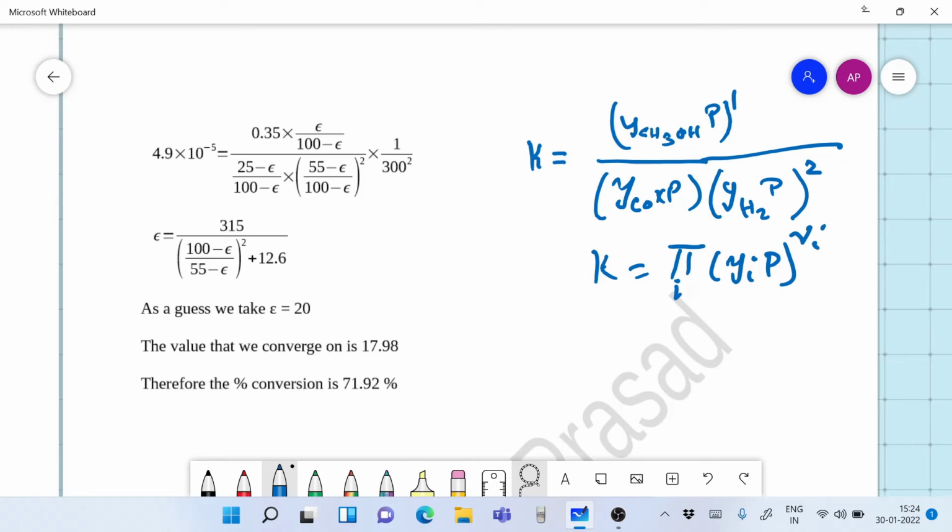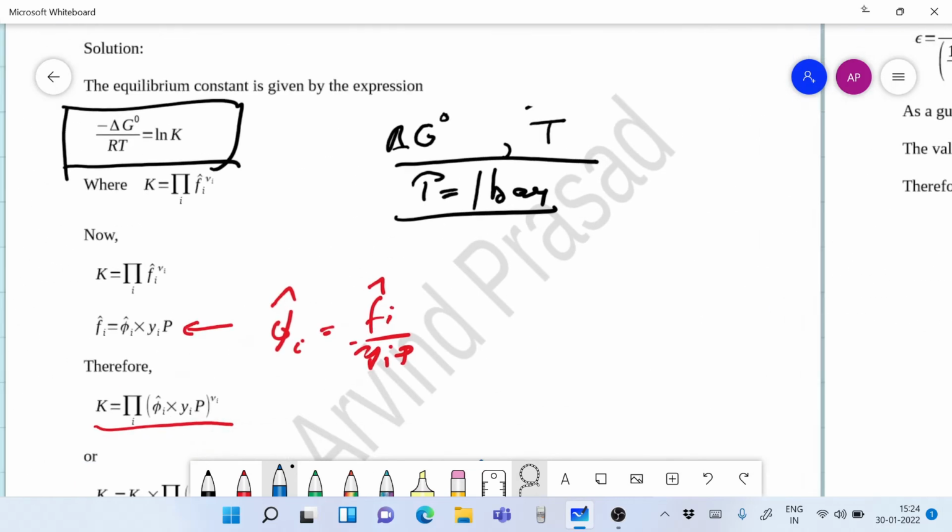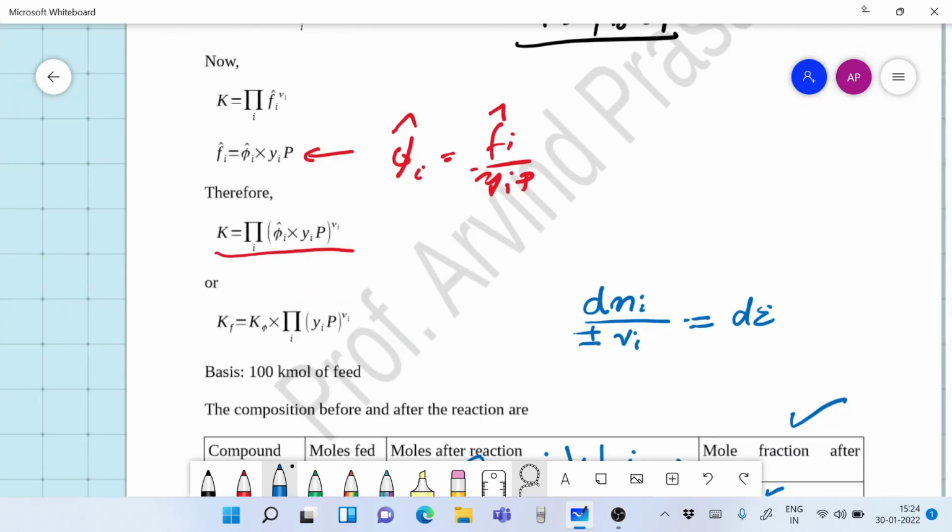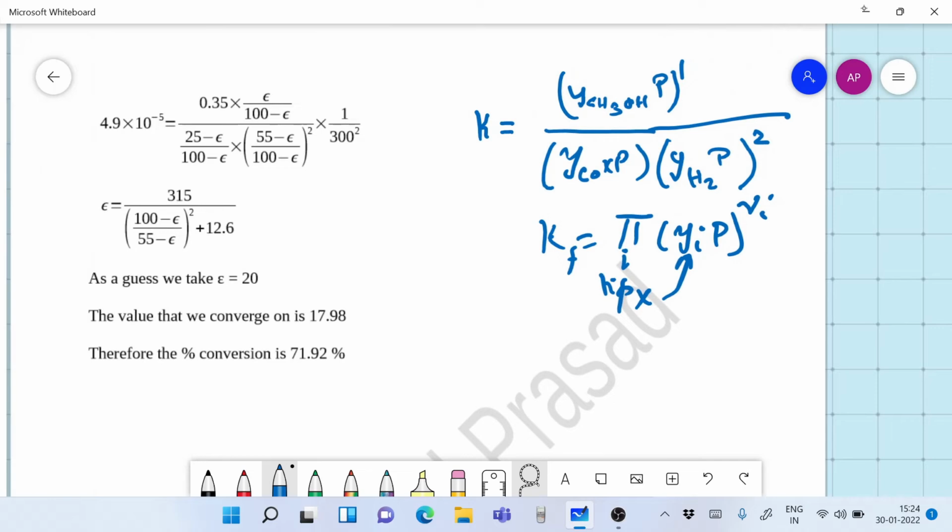I've just expressed it in individual terms now, right? And then of course you have this K phi and K phi here, and this is multiplied with this. It's very clearly written here. So we replace the mole fractions, and this is the expression we get